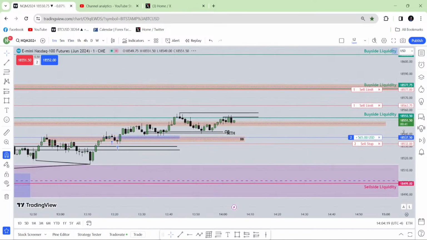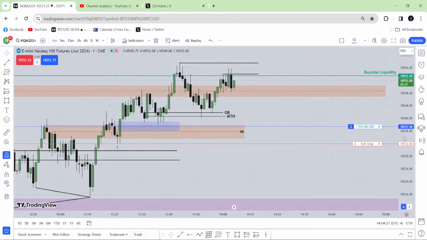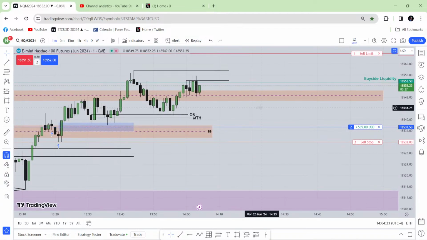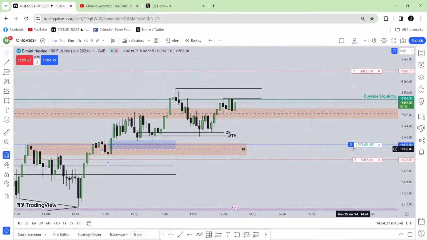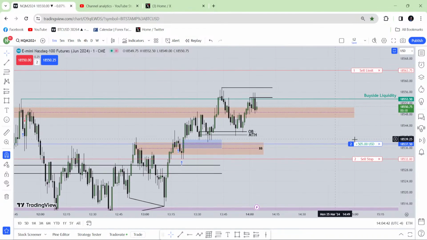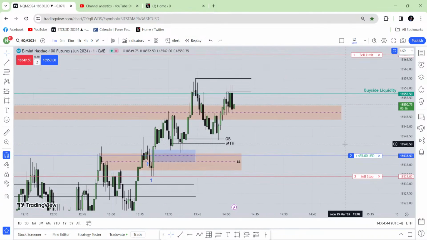I should not hold it, but I'm going to hold it because I built a psychology where I can't close my trade prematurely. Yeah, I can trail my stop loss, and I have a very bad habit of trailing stop loss right now before closing above that high. If I put my stop loss to break even, that's kind of suicide. So I don't want to do that. Instead of that, I will take that small loss. Okay. So yeah, there is nothing I can do with this price action.